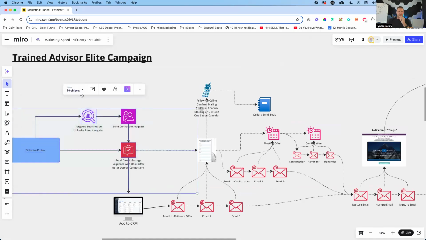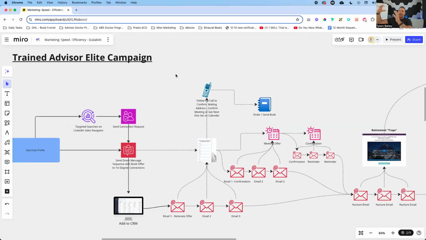So everything you're seeing with these first four icons right here, this is the LinkedIn side, okay? Again, very small element of the overall client acquisition system, but a very important part of the process, right? It doesn't matter how good your backend system is, your funnels, your offers, or whatever. If you don't have a lead source that you're constantly getting new leads from, it doesn't matter how good the